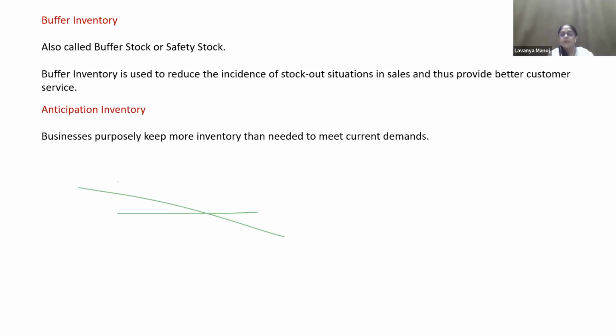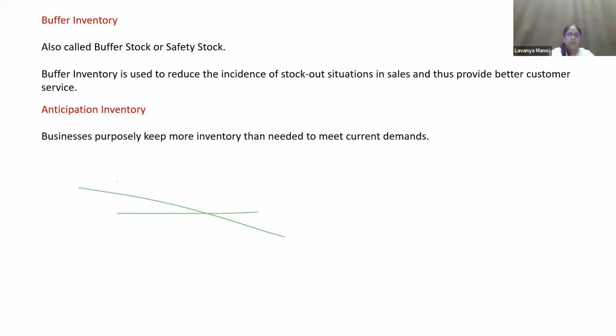We have then anticipation inventory. Suddenly there will be a sudden increase in the demand. To meet the demand, immediately the raw materials will be procured more, thinking that all the products after production will go to the market. Immediately the production will be done, and immediately the products will be sent to the market. And to be very frank, not all the products will be sold to the customers.